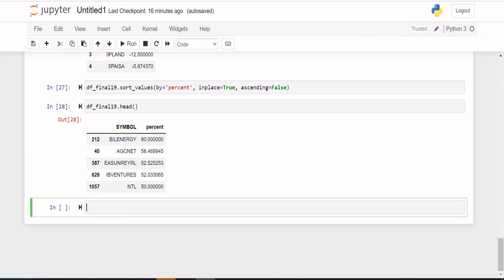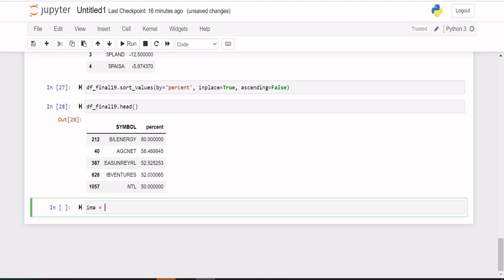Now let me draw the plot for this. To draw the plot for all the 1685 stocks, it will be clumsy. So I will take the top 100 and try to draw the plot.